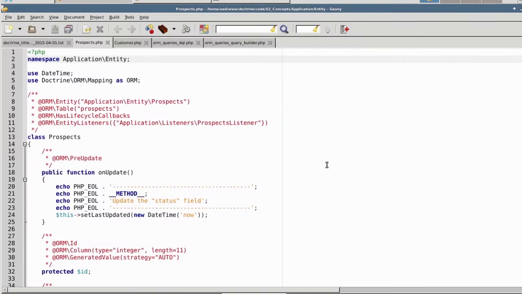We are now looking at prospects.php, which represents the prospects entity under the application entity namespace. You'll notice there's an annotation has lifecycle callbacks. The lifecycle callbacks are then specified by using the appropriate annotations. In this example, we are implementing pre-update. So before the update operation occurs, in this example, the last updated field will be set to the current date